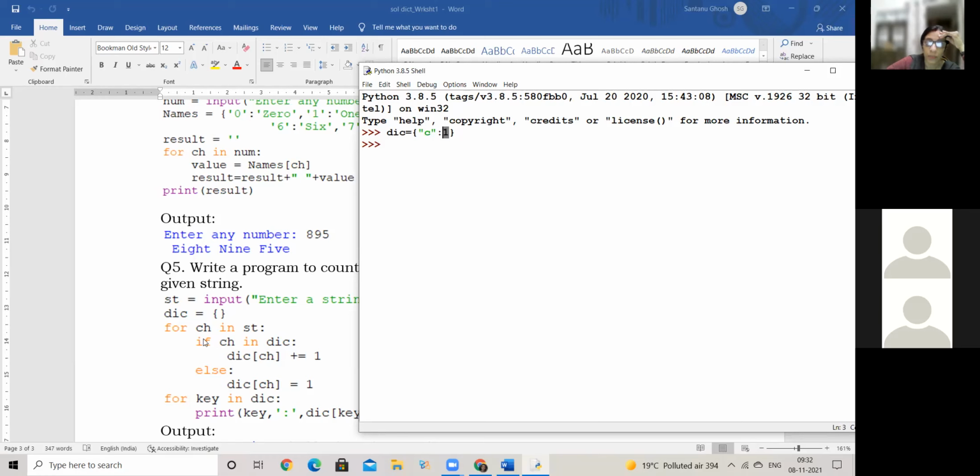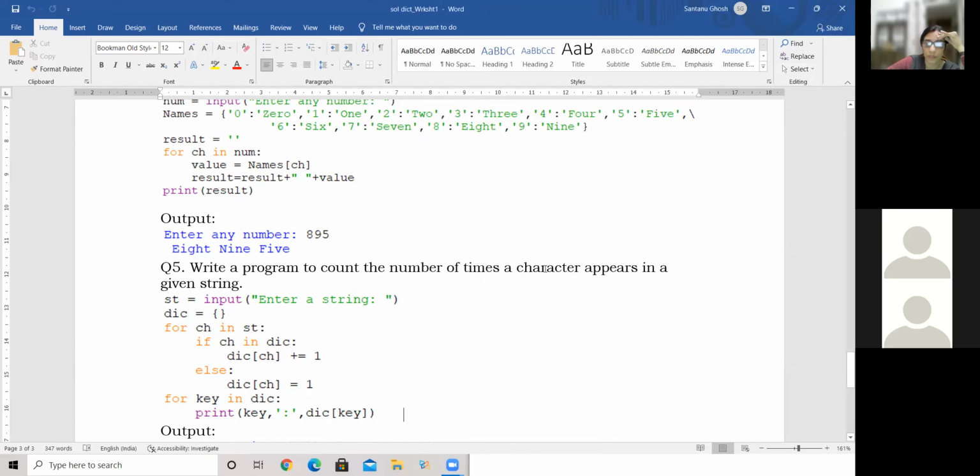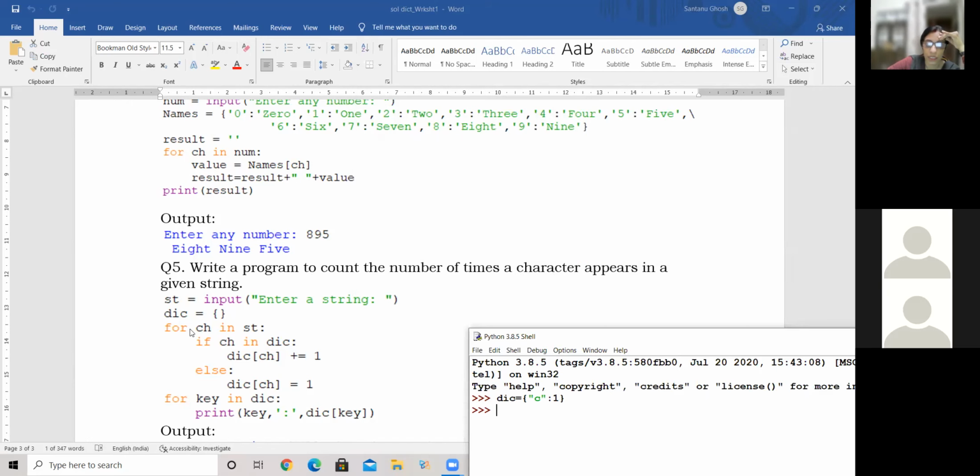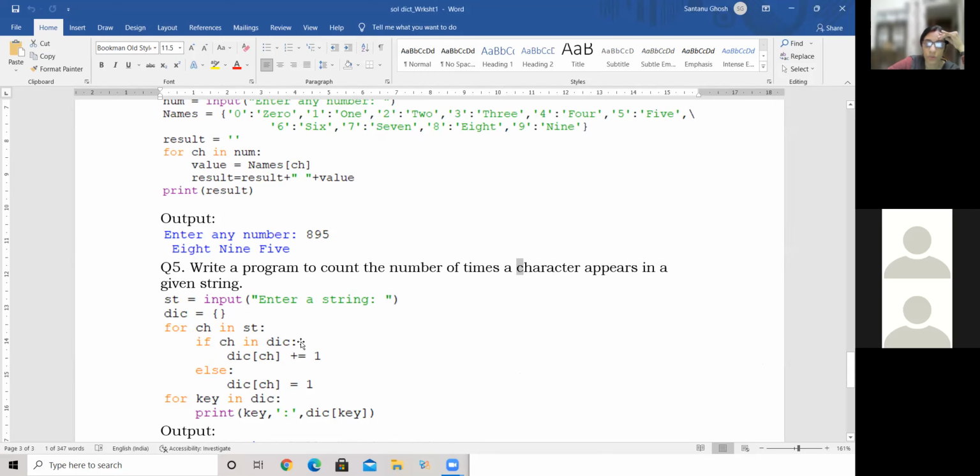Okay. Now come to this code. CH has picked up C from my string, which is character. He's picked up the C, this one. Now he goes to the dictionary and he says, is my CH existing in the dictionary? That is, C existing in the dictionary, which is a true answer. So this condition becomes true.